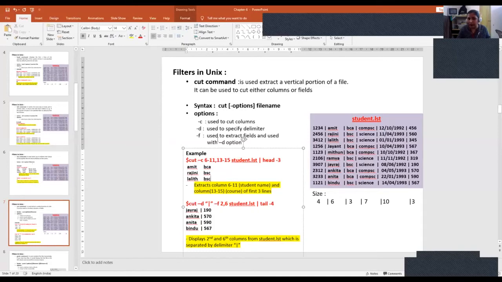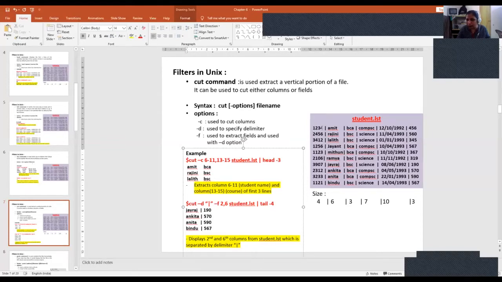-c is to cut the columns. Let us say cut -c 6-11 student.lst. That means I am going to cut the student.lst, characters from 6 to the 11th character. So what do you mean by 6?